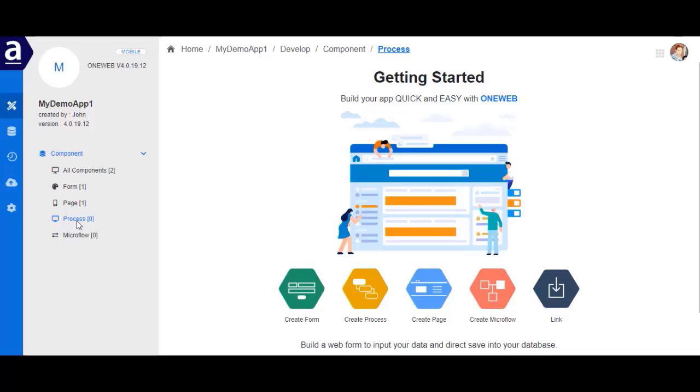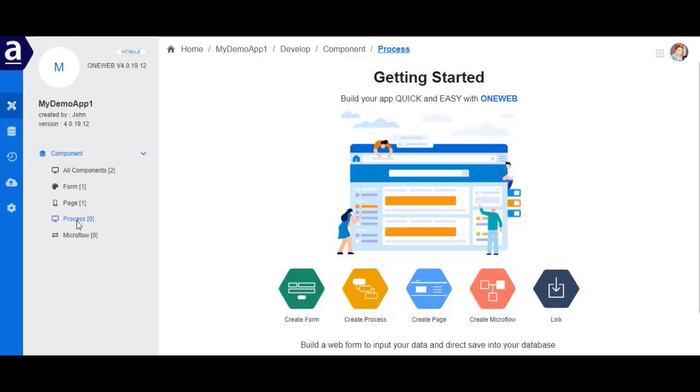Now let's move to the next component in the app space, which is Process. The process is used to design the back-end business processes, or we can call them business workflows. It offers a wide range of capabilities to drag and drop and design to automate your business processes with business process modeling notation. The objective of business process modeling notation, which is BPMN, is to support and ease the business process management for both technical and business users.